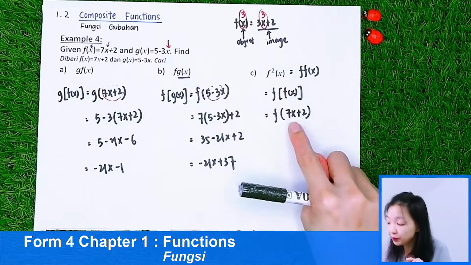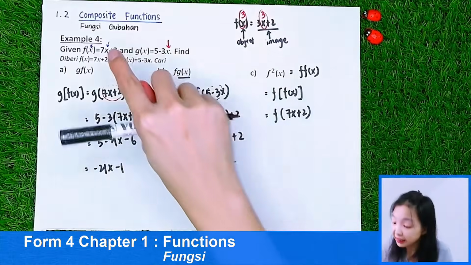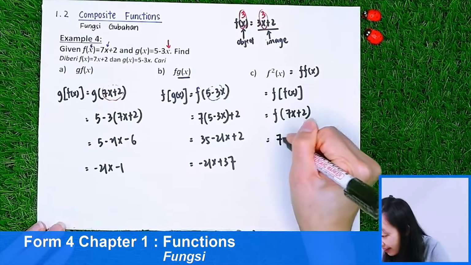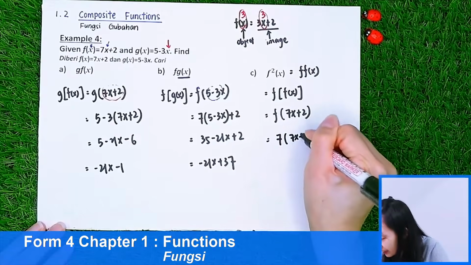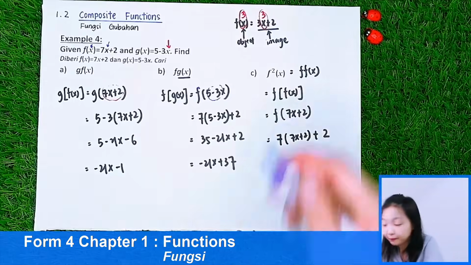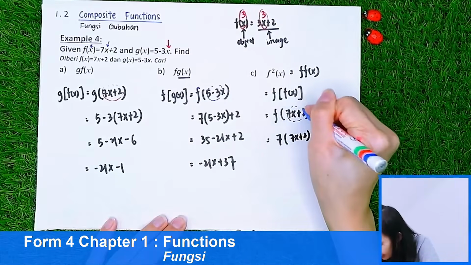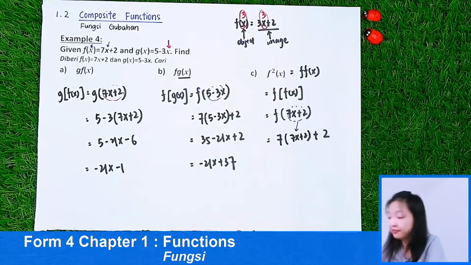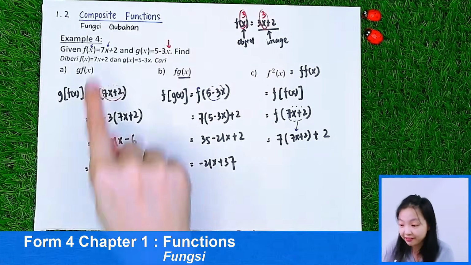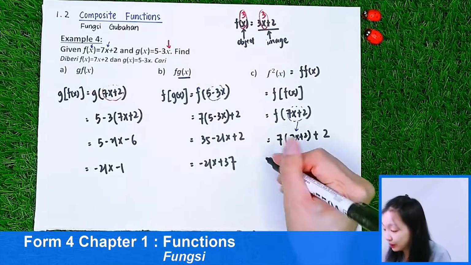Now I want to put the 7x + 2 into the x here. So 7(7x + 2) + 2. Do you see that? This is the object, I want to put into the function. So it becomes